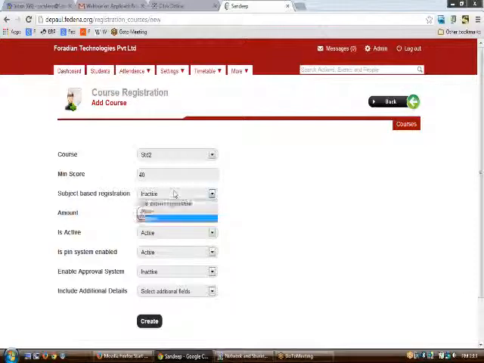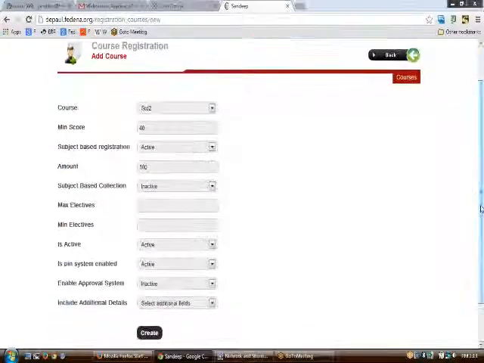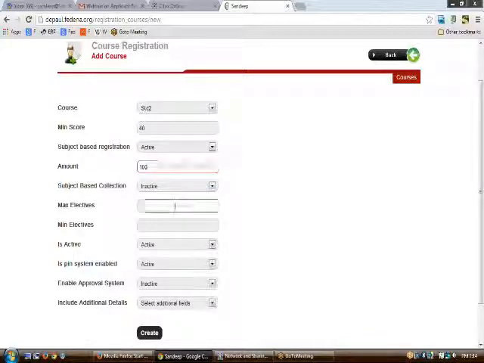But if you choose the subject-based registration as active, you will be redirected to a page that comes up with more options, like subject-based collection. If you have set the subject-based collection as inactive, the student will be able to pay only 100, and you need to enter the maximum and minimum electives. So here you have the option of entering the maximum and minimum electives.